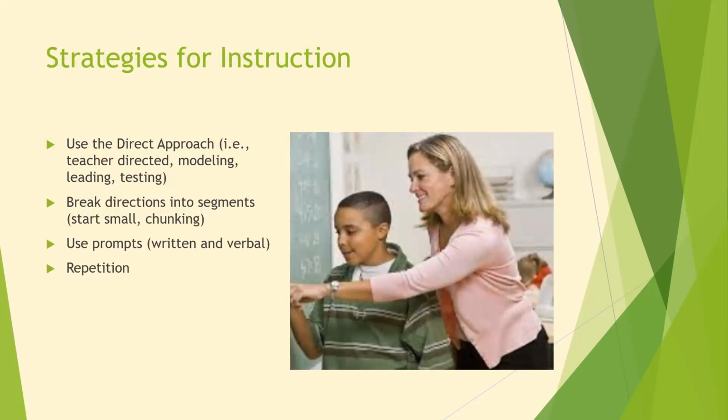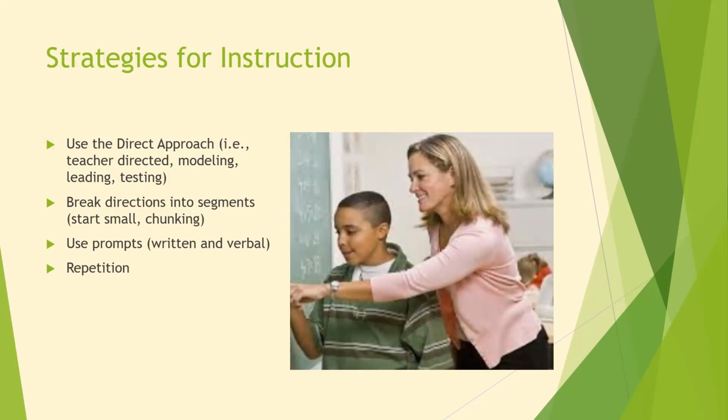Especially for younger children, having the teacher model the desired response or method can go a long way in helping the child understand what he needs to do and how he needs to do it. Chunking is another way to help students learn information in smaller doses. They can then link the information and make connections. Using both verbal and written prompts will help students stay on tasks. This also helps the student become more independent.